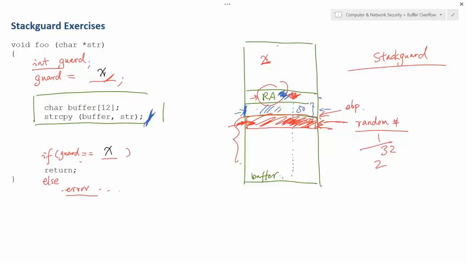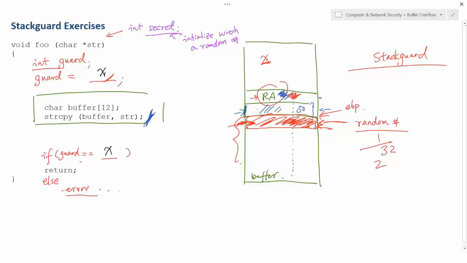So all we need to do is define, let's say, a global variable. We're going to define something outside of this function, a global variable called secret. And we're going to initialize the secret inside our main function with a random number.